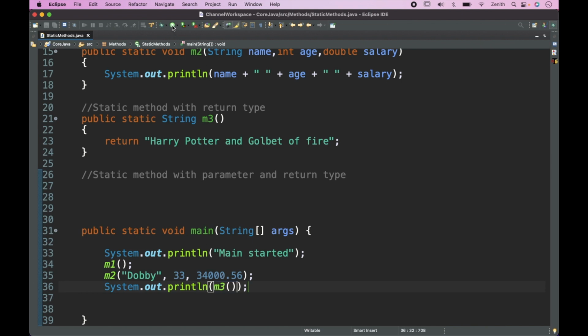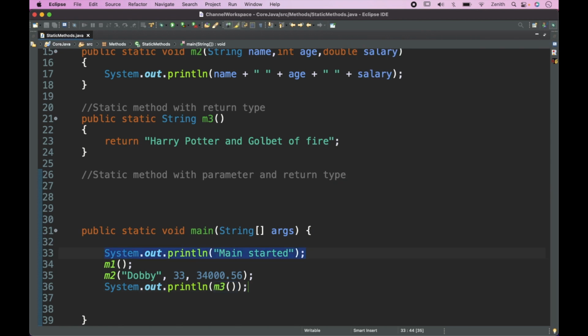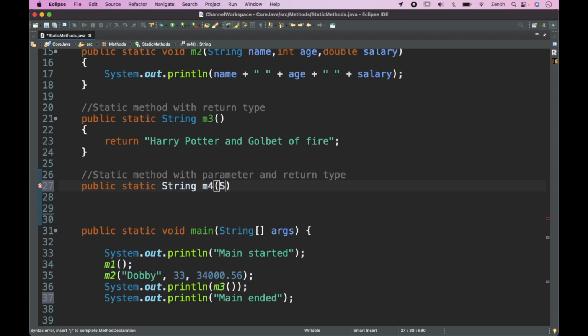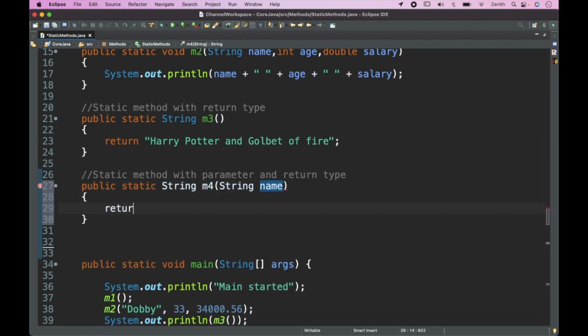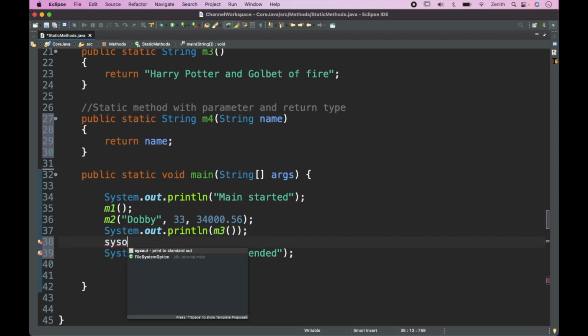If I execute, then we are getting all the lines. Here I will write main ended, and here let's write public static String, because we are writing this return method m4. Here I will pass the parameter String name, and I will return the parameter itself. Here I will pass m4. And